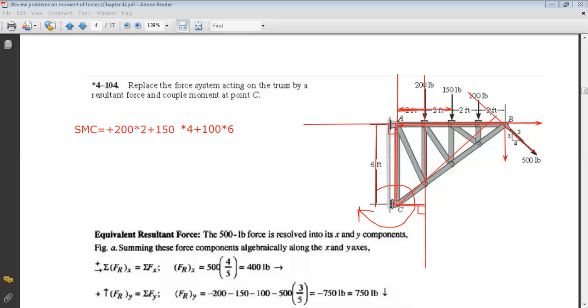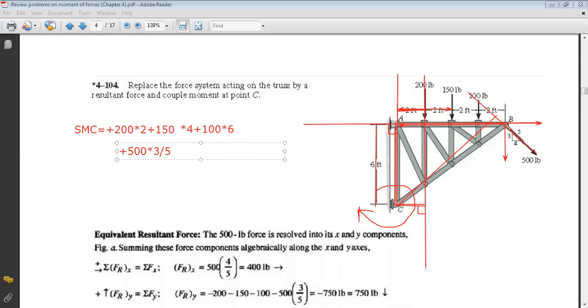From the right hand rule, or I can do it simply with my hand. It's very simple in 2D, like this. It's trying to turn in clockwise direction about C. So it's plus. If I continue, it's plus the y component. I will take it in absolute value here, because the moment of it is positive. So it's plus 500 times 3 over 5